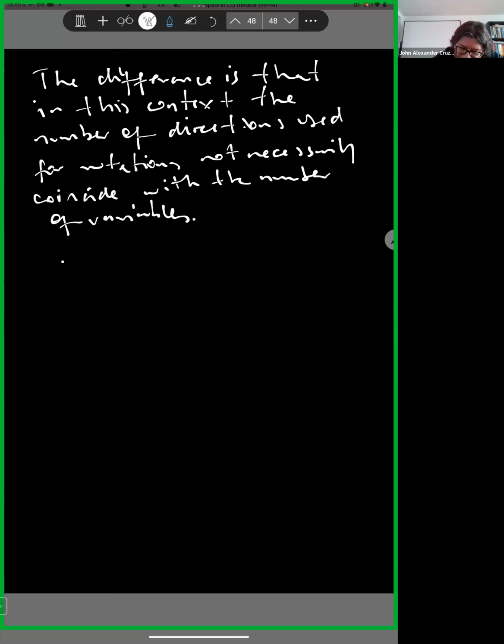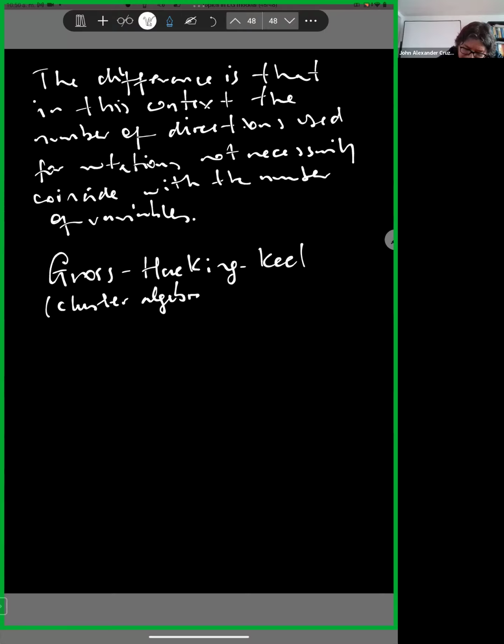there is this work by Gross, Hacking, and Keel. So, for example, you can find it in their ICM talk on cluster algebras and birational geometry. So they proved that